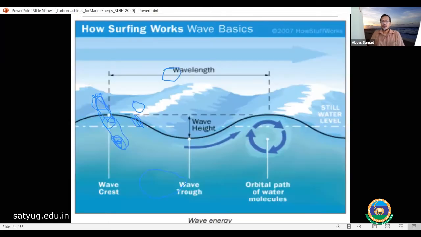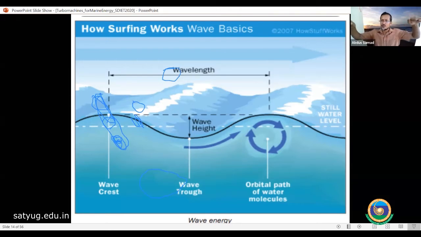Yeah. So I'm talking about waves. How do waves come about? Waves come from sunlight. Sunlight creates a temperature difference between two points. In one area air will get heated up, and another will be colder. Colder air has high density, and hotter air has low density. So low density air will go up and high density air will move in. This way air will be blowing over the ocean surface, and when air blows over the ocean surface, the water will move. The wave will be created.